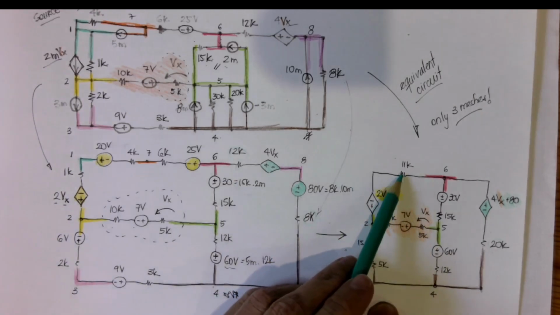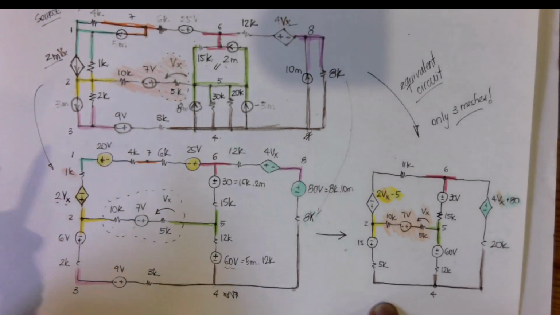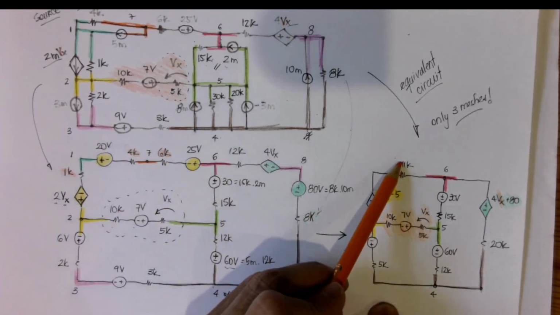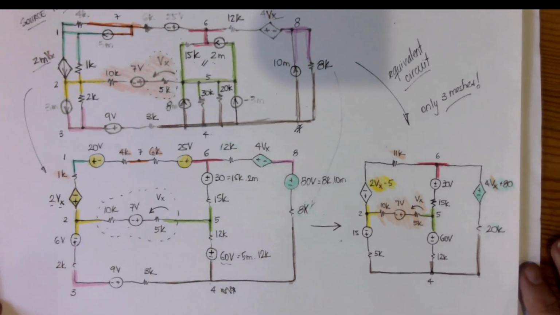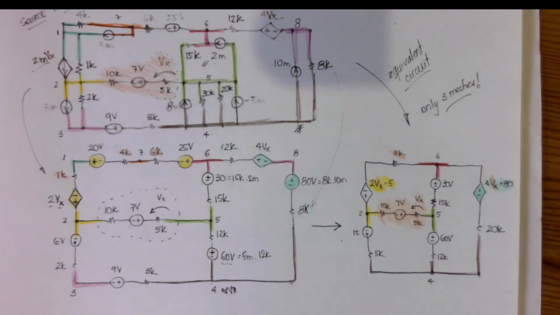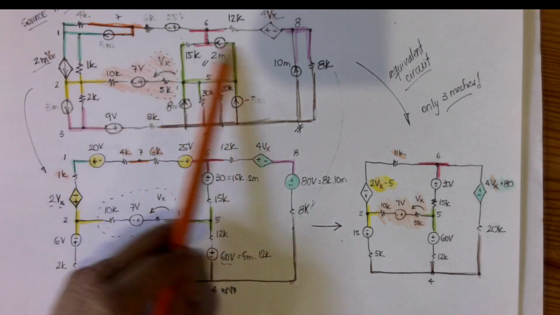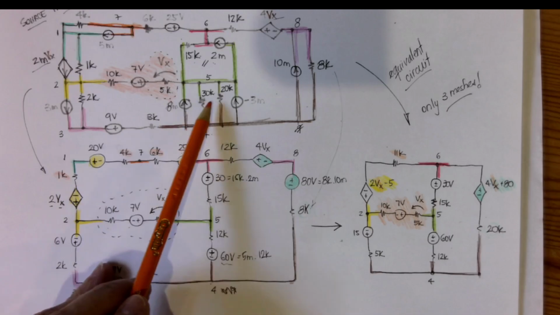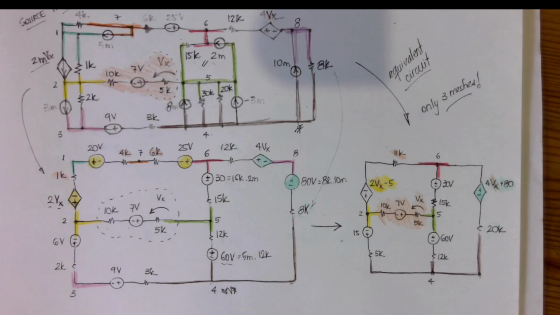And up here, this 11K is 1 kilo ohm plus 4 plus 6. So now I just put the 11 here. So hopefully this last step here, it's easier. And now you see how we only have 3 meshes, while here, if we had counted the number of meshes, it would be 1, 2, 3, 4, 5, 6, 7, 8, 9, 10, 11 meshes. So from 11 to 3. You could say this is a much simpler